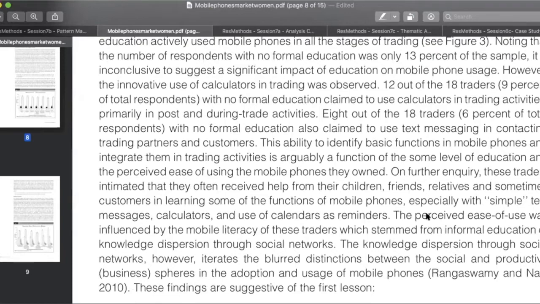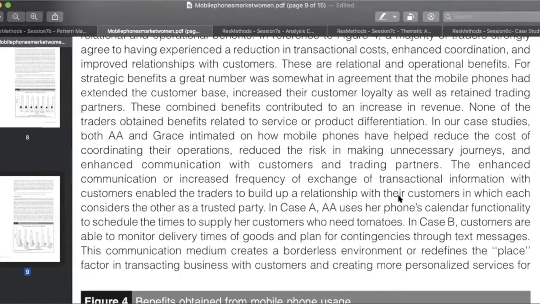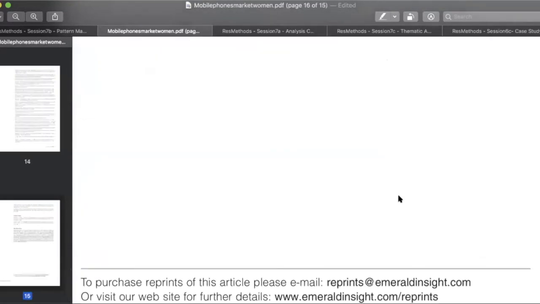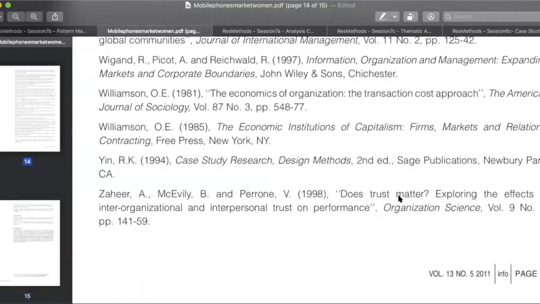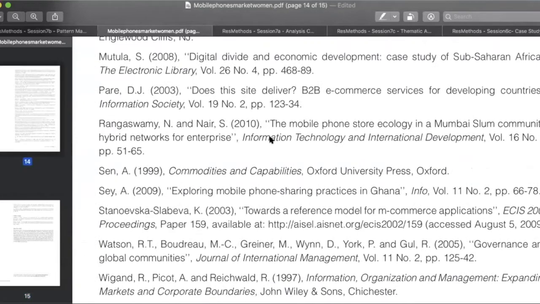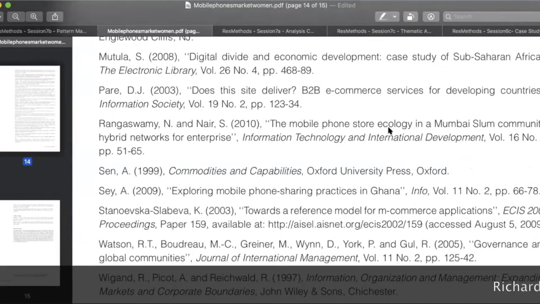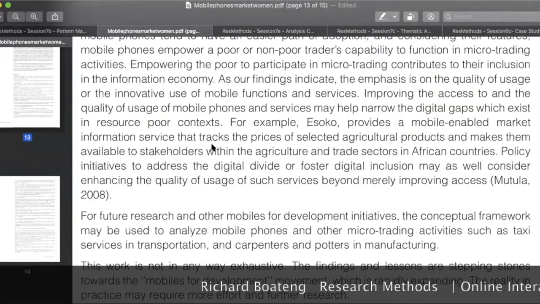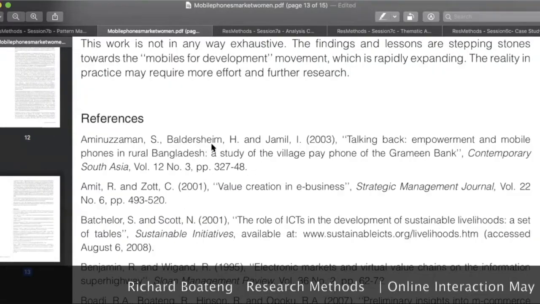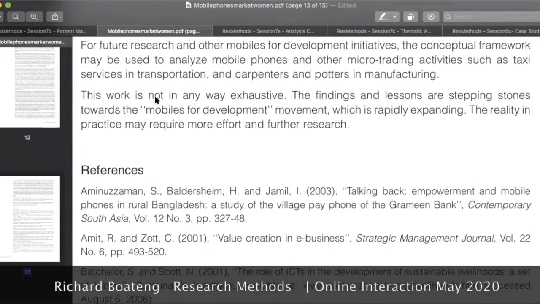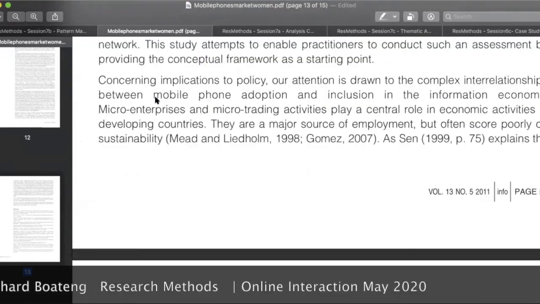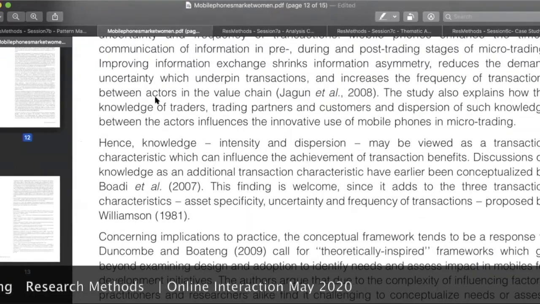Now, Rangaswamy and Nair, just to give you the benefit of the doubt, you can go to our references and check. I've quoted Rangaswamy and Nair, "Mobile phones ecology in Mumbai slum communities: networks for enterprise." Now, what they try to talk about is that he and another person called Amin Zuma argue that there are blurred distinctions between the business use of mobile phones